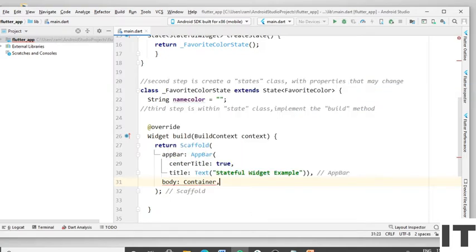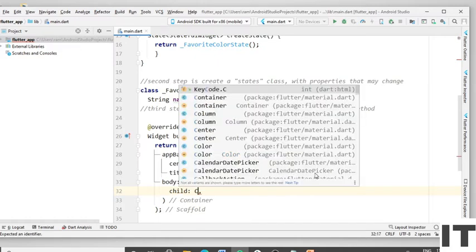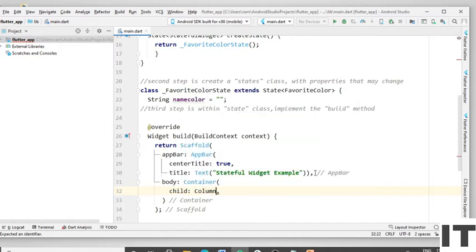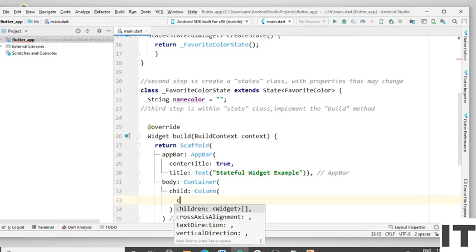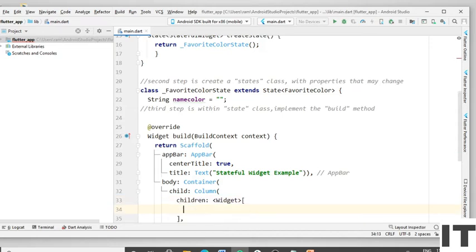Remove the comma and open the round bracket. Press the enter. Child: Column. Remove the comma and open the round bracket. Type the children and press the enter. Type the TextField.